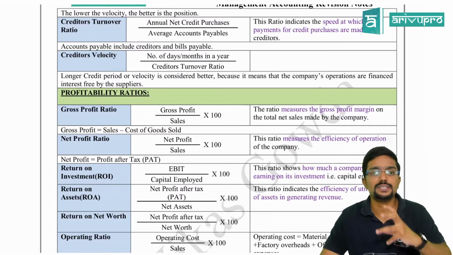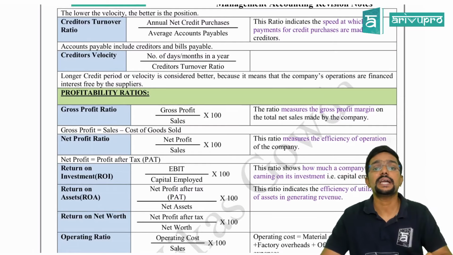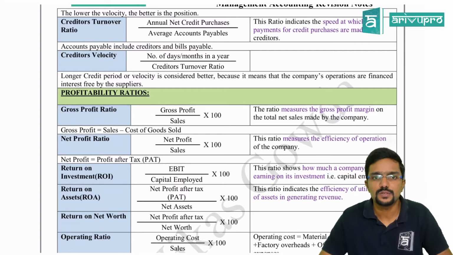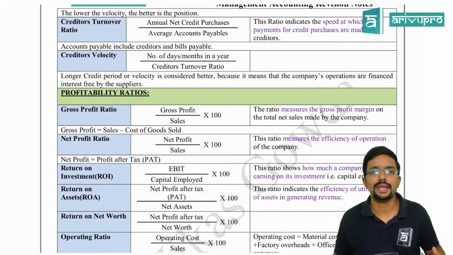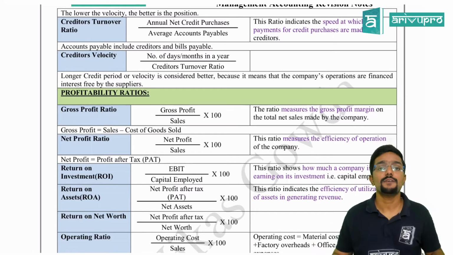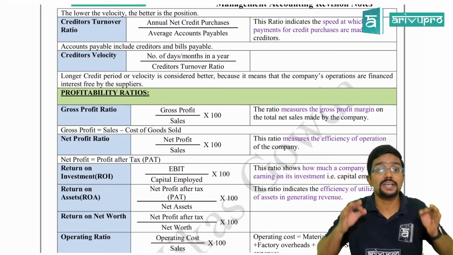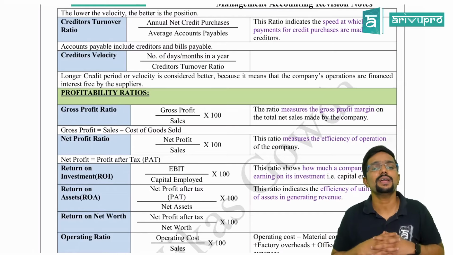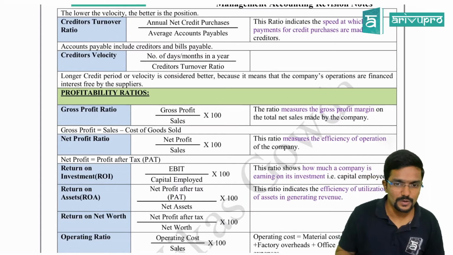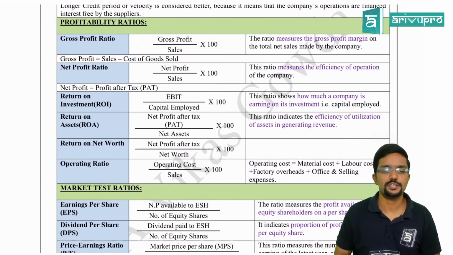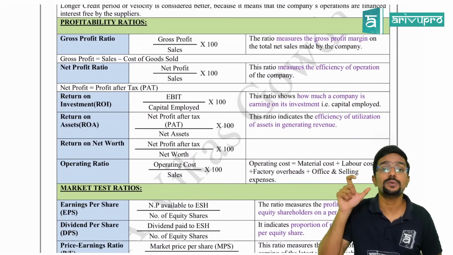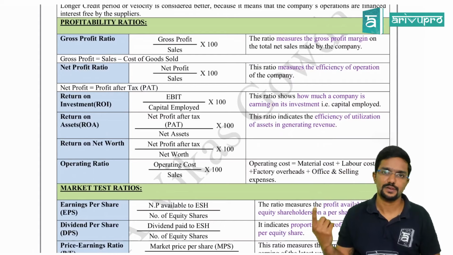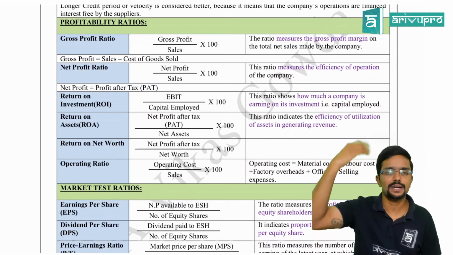So you should always try to take more and more credit period from your suppliers, so that the company can use those funds for some other purpose and get good returns. But if the company wants to maintain a good credit rating, it's better to pay the creditors as early as possible. Okay, next coming to profitability ratios. And one more thing guys, whenever you are taking credit sales and credit purchases, it has to be taken net of returns. If there are any returns, we have to reduce them and then take it.